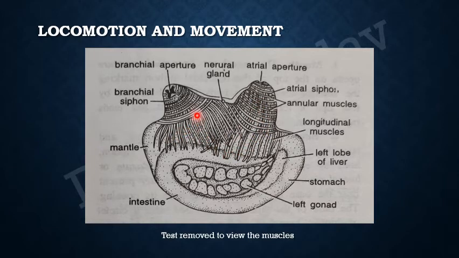The annular muscles around the branchial aperture, the branchial annular muscles, and around the atrial aperture, the atrial annular muscles. And then you will see the longitudinal muscles. Besides these two, there are some muscle bands present between both the siphons on this region around the neural gland, on both sides of the neural gland. And these muscles are known as